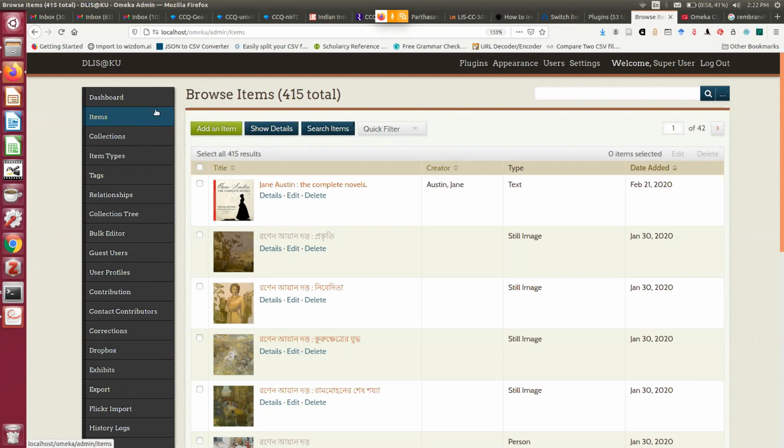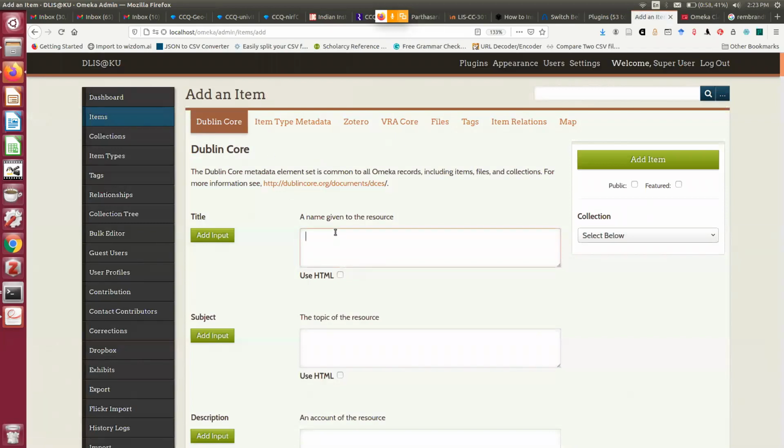No title case or sentence case, everything in uppercase. That one answer I have seen. No attempt to go for any kind of applying your minds in answering the metadata question. So please remember that, and when you are adding an item in this way, try to be a librarian there. Don't try to be a novice data entry operator.